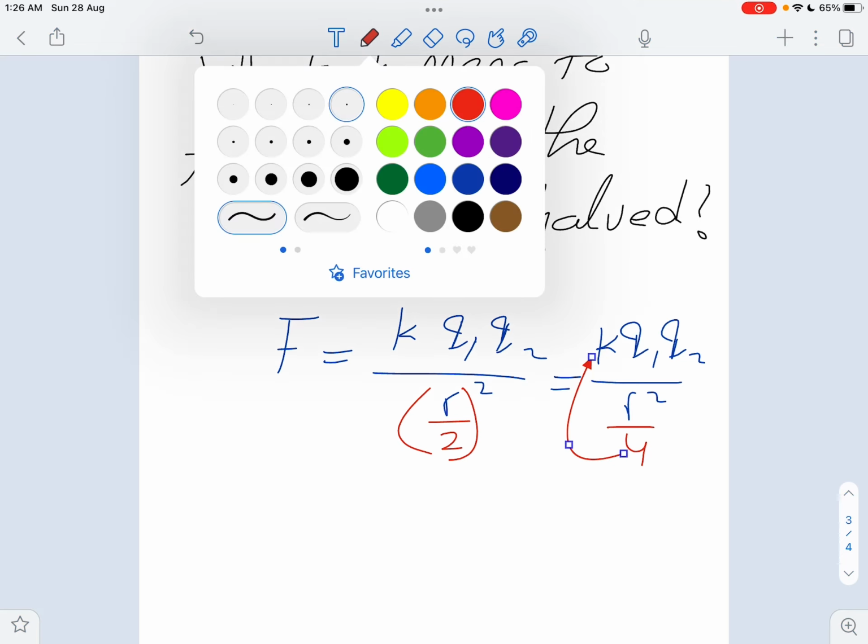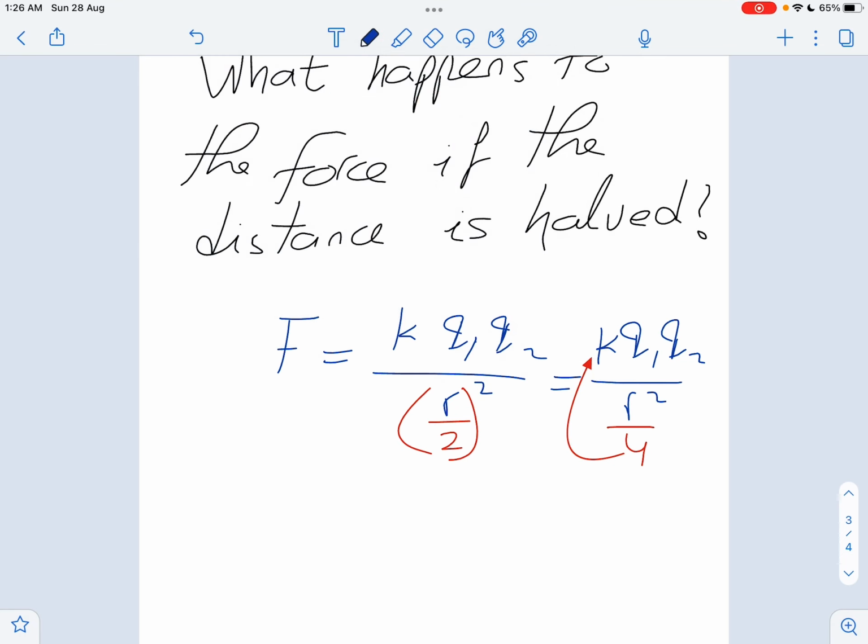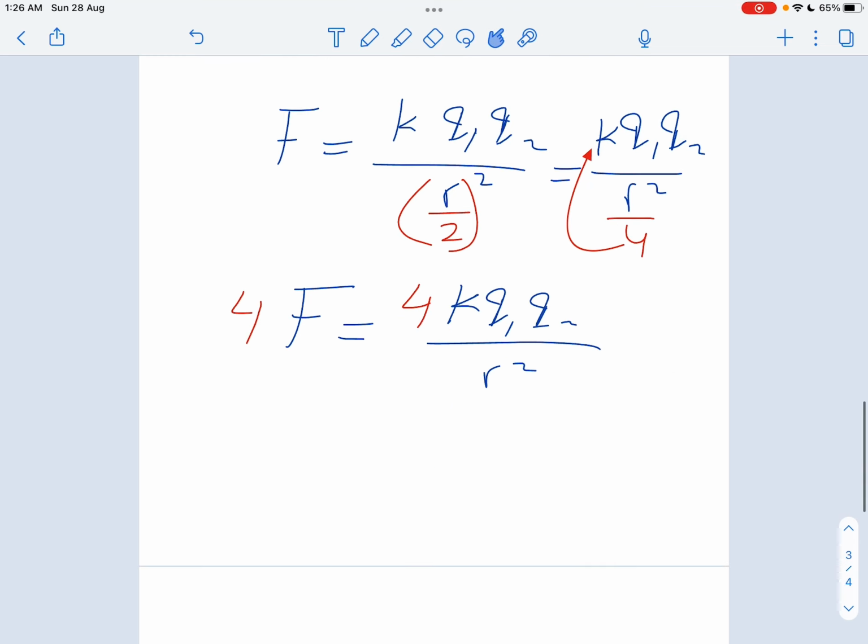Okay, so F becomes K Q1 Q2 over R squared, and I have 4 here up in the numerator. So this means I have to multiply this F by 4. So this means the force increased 4 times, or quadruple. So the force increases 4 times,